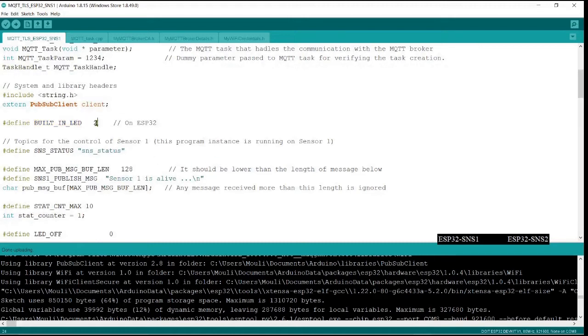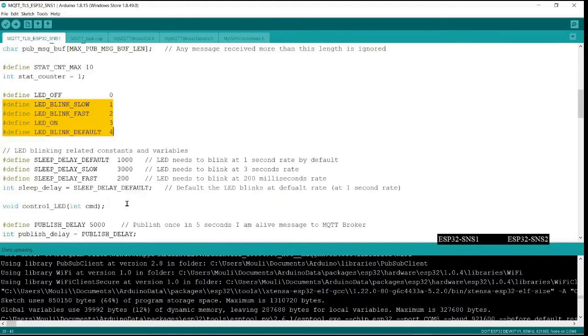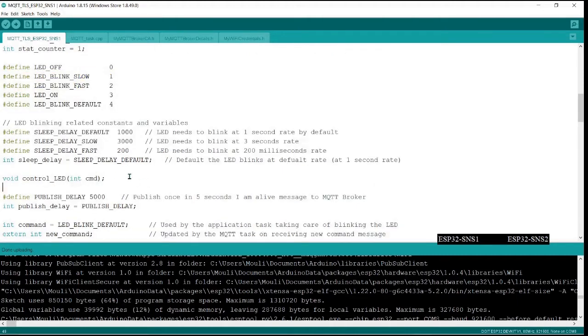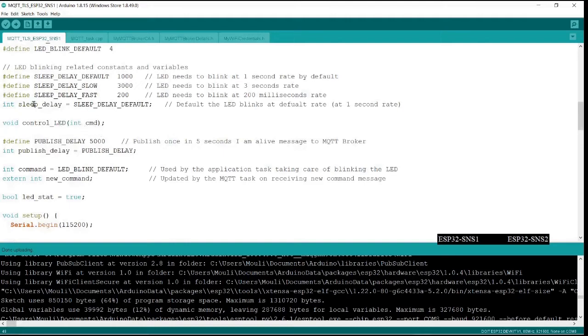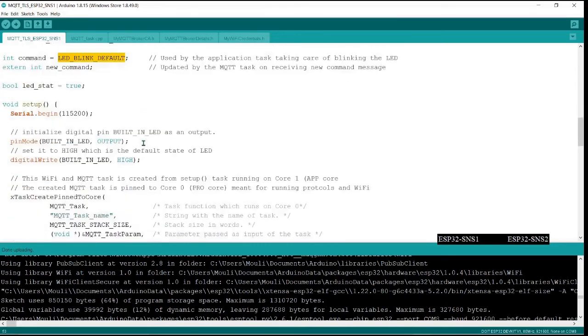Now built-in LED is GPIO, pin number 2, and I will not explain everything. I want you to have some understanding of the code on yourself. This is the status topic I'm defining, and then these are the commands. I mentioned that different commands have different values, and the delays are having different things. Here everything is in milliseconds because all the APIs need the values in milliseconds, so I have given it in milliseconds. So 1 second, 3 seconds are the values, blinking rate, and controlling the LED I am having one function, and the default value is 1 second delay.